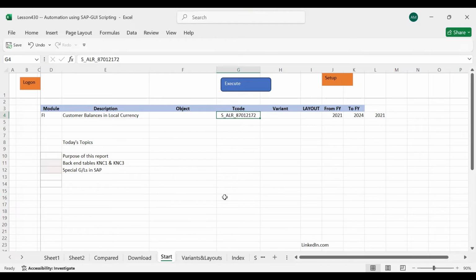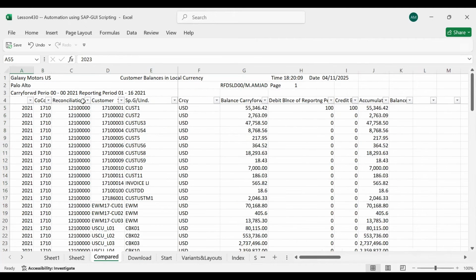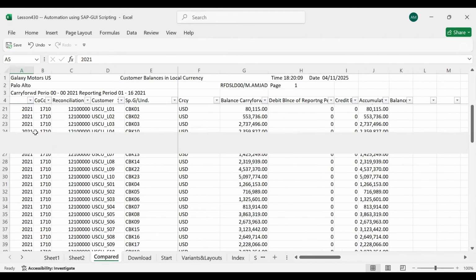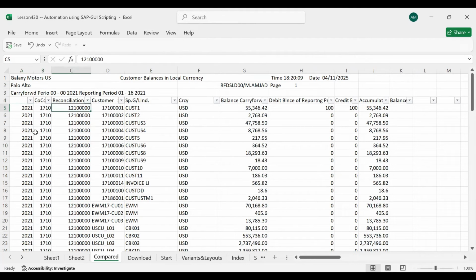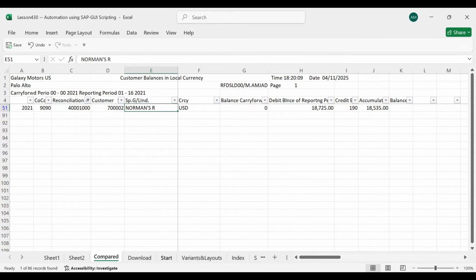And this is our VBA beauty: it takes that report, which comes out of SAP, puts it in the download folder, then starts the comparison and builds it in an analytical tabulated form so that you can see which reconciliation account has which customers, etc. For example, if you want to focus on this account, this is a reconciliation account. It has no months. It's a special GL indicator, and for the customer number this, it has a US dollar